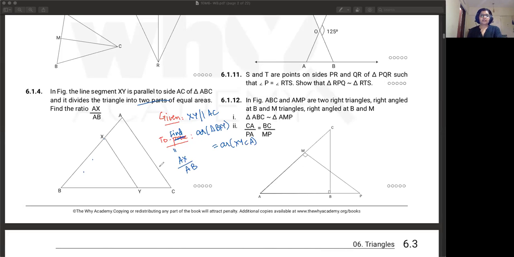Okay. Now, which theorem will help you in connecting what is given with what is to prove? I think basic proportionality theorem. Maybe the area theorem. Parallel is given, and area is also given. So will you use the basic proportionality theorem or the area theorem? No. Area theorem. Very nice. Good. Okay. So how will you do the proof?